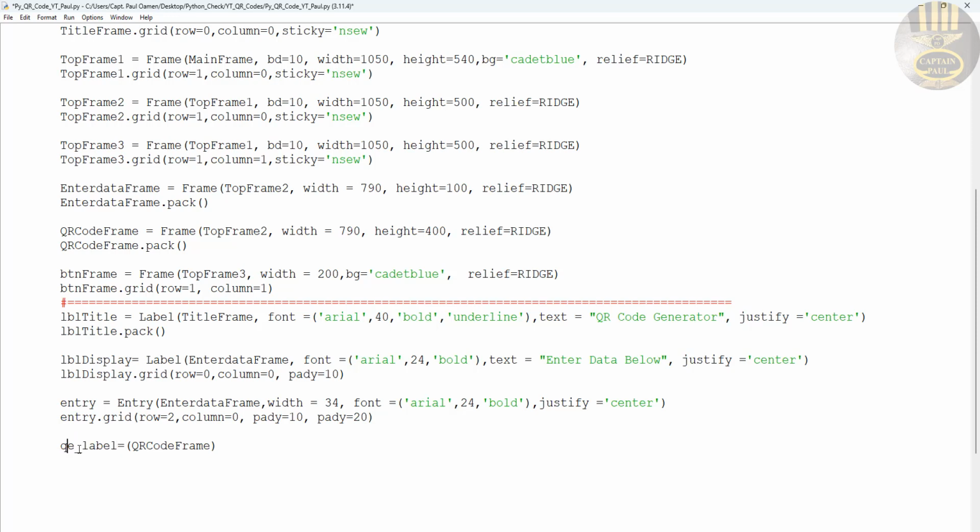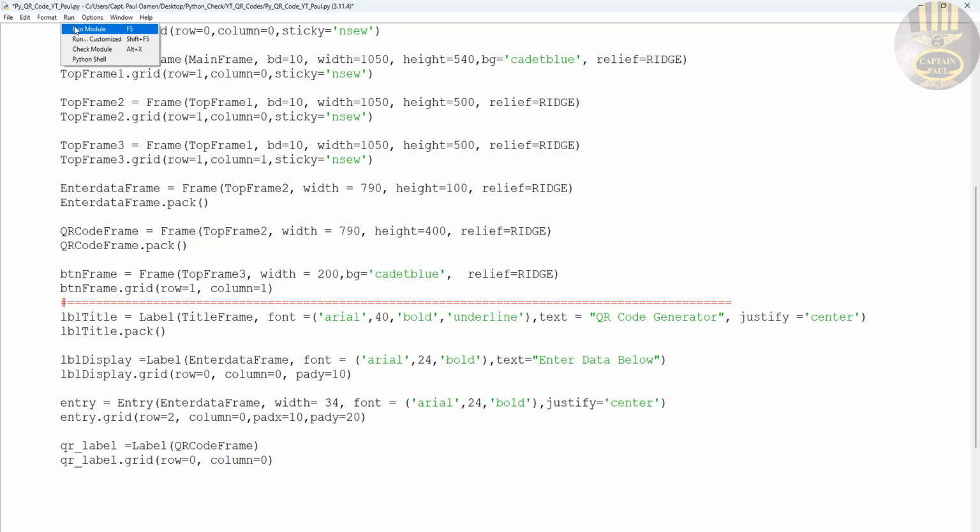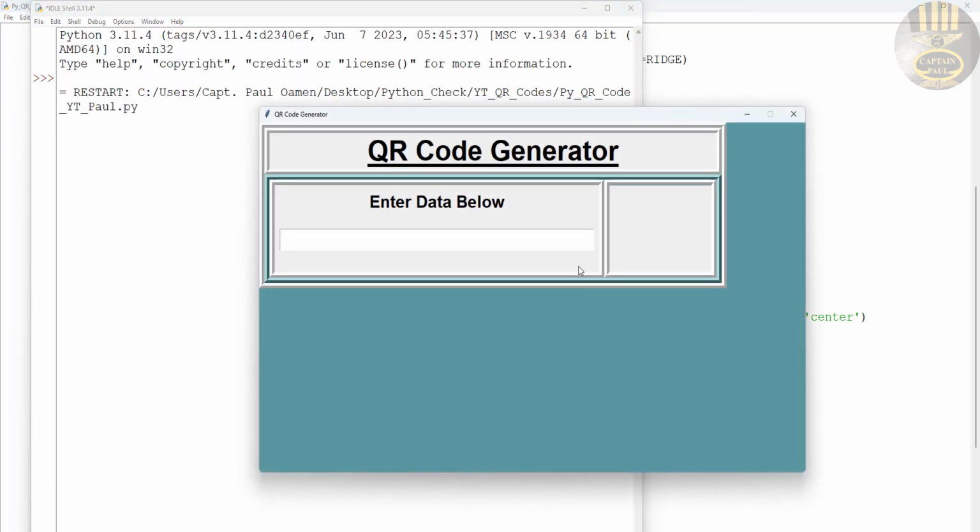There we go. You would not be able to see that because that's where the QR code will be generated. That should be an R. And random the QR code display. QR code display dot grid equals is going to be in 0. Copy that, paste that right here, and change this to 0, 0. Row 0, column 0. There we go. Okay, let's try this out. There we go. I will use the button to push everything down, and underneath here will be my QR code,